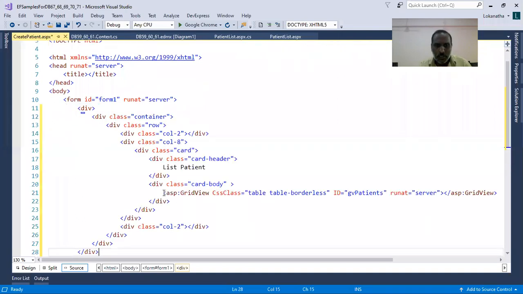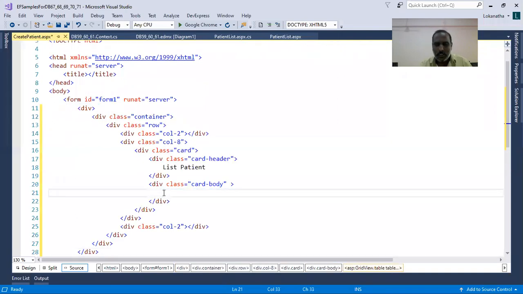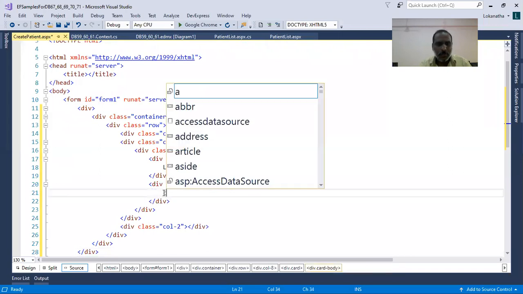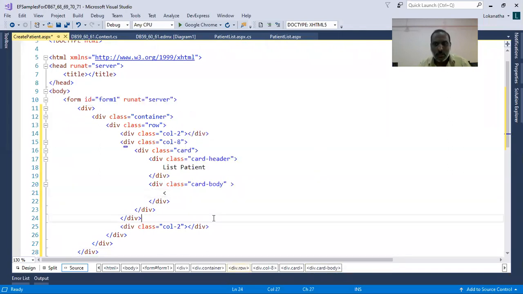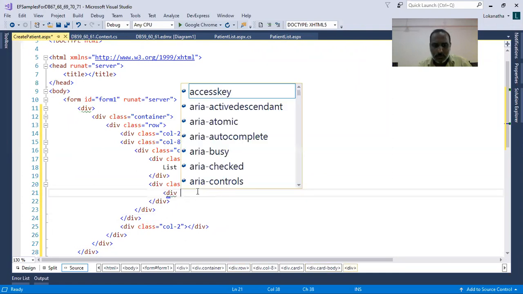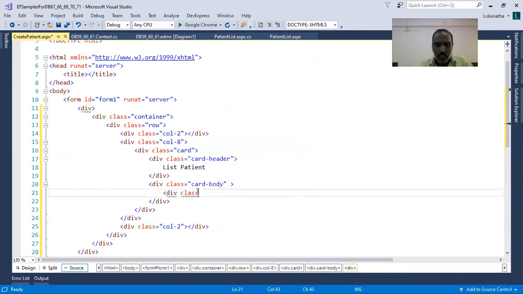Now here, instead of my grid view, I'll just create a form. Okay, form is there already. So now I need to create a proper user interface. I think I can do it by using the form group class, which is a class available in Bootstrap.